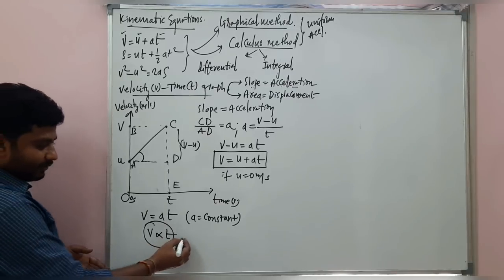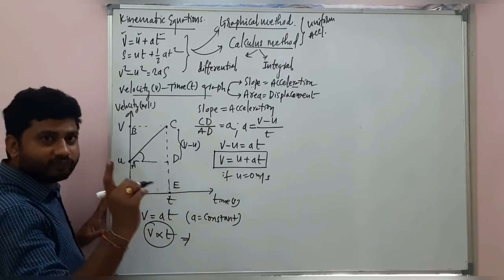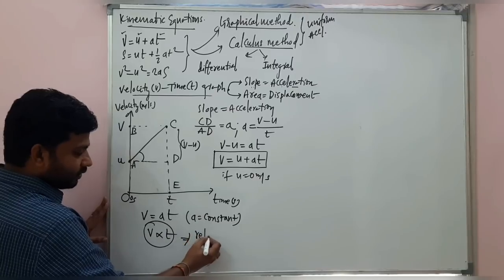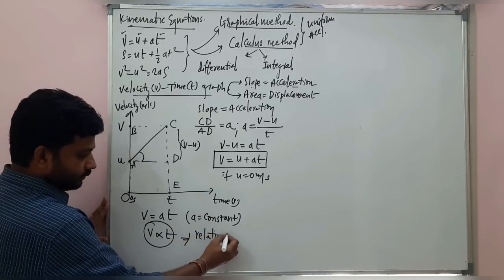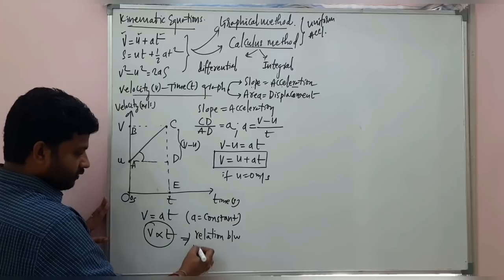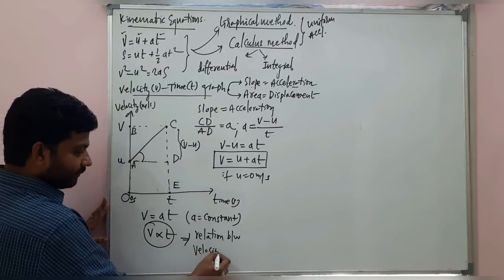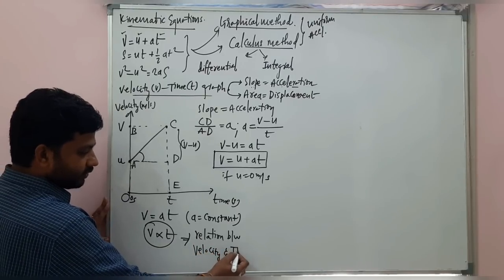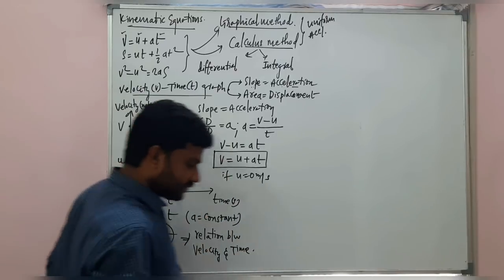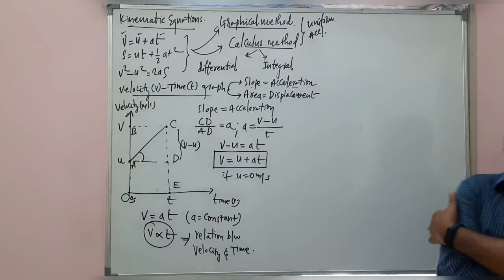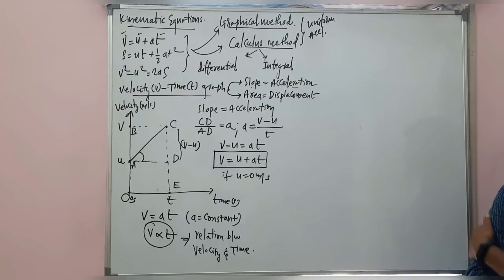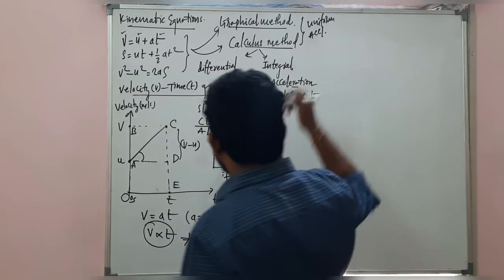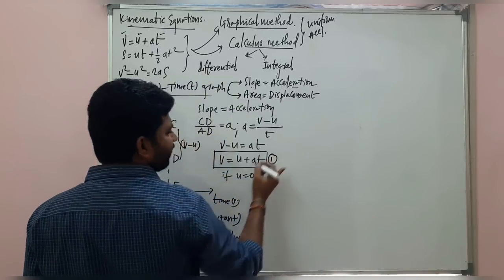So the first equation of motion is the relation between velocity and time, my dear students. I hope you understand the first equation of motion and its derivation. This derivation is very important for your board exam, remember, right? First PUC exam. Now, the second equation of motion. This is the first equation of motion we have got.